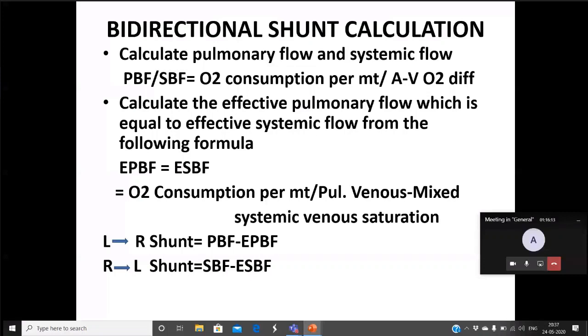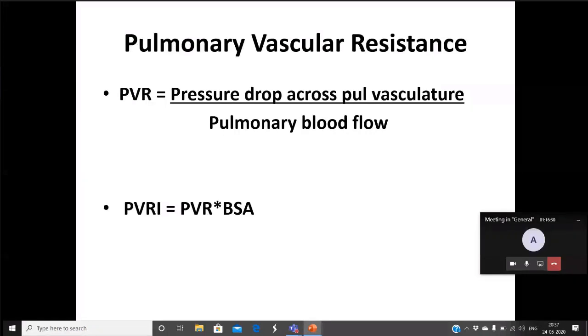Okay, now what is pulmonary vascular resistance? Any one of you? How do you calculate pulmonary vascular resistance? Mean pulmonary artery pressure minus pulmonary capillary wedge pressure divided by QP, sir. Not correct. You need a slight modification. Is it Sarojam? What is your name? Pragati, sir. Pragati, okay. Your formula is not correct. Minus LA pressure, sir. Yes, that's correct. The pulmonary mean pressure minus left atrial pressure divided by pulmonary blood flow.